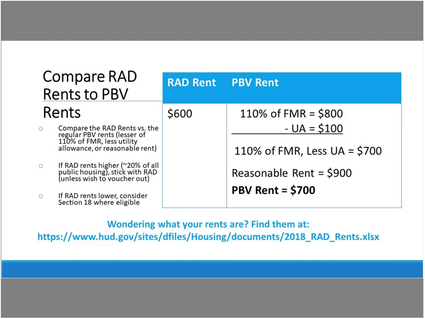So it's the lesser of, and I guess this would go back to what your limits set by FMR are. So under this scenario on the slide that we're looking at, the $800 is 110% of FMR. So you're on the top end of that available range based upon what FMR says your rent can be. So unless the Housing Authority has done something that would modify what its available range is, you're bound